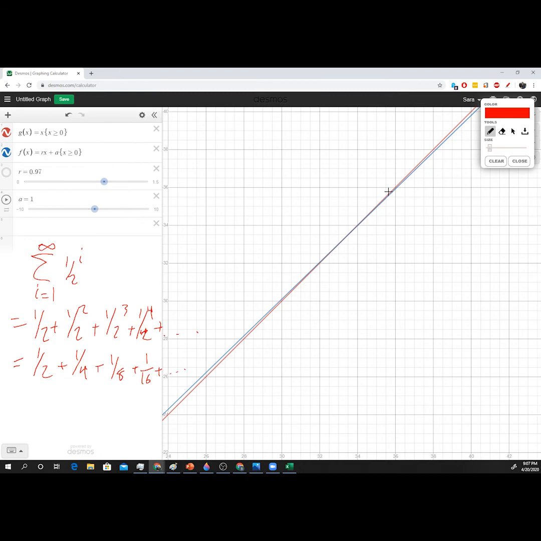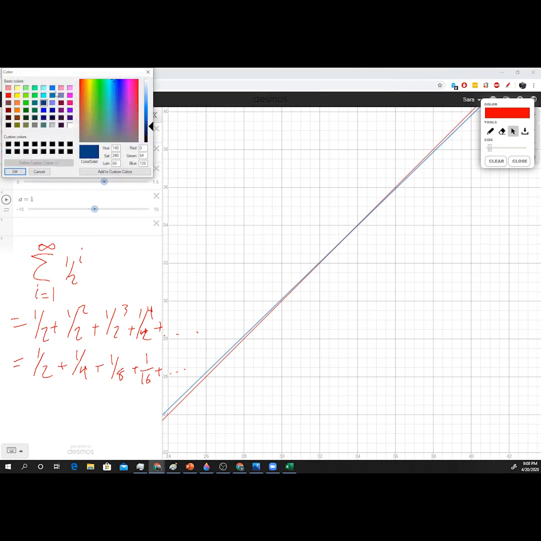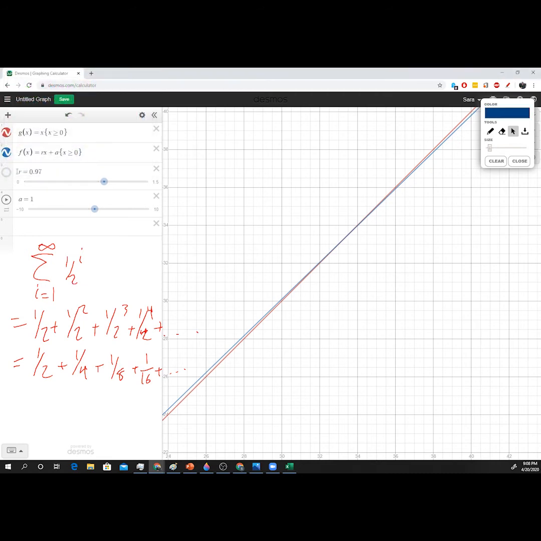All right, so this means that my rate that I'm multiplying by, let's change colors on that. My rate that I look at as I go is I'm multiplying by 1/2. I multiply by 1/2. I multiply by 1/2. So that 1/2 is my rate. So if I take my slider and set it to the 1/2,